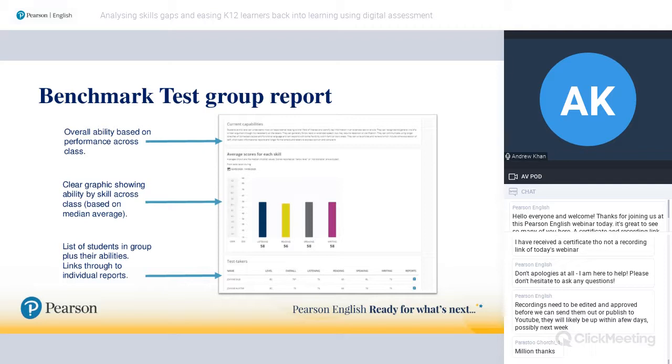You have the median average scores per skill. So you can see as a class, okay, my class is doing a little bit better in speaking than in writing. I can focus as a group on improving those writing scores, maybe a little bit more time spent on speaking as you go forward for the next semester.